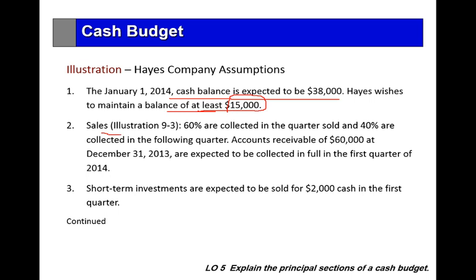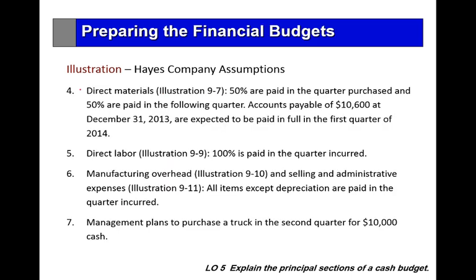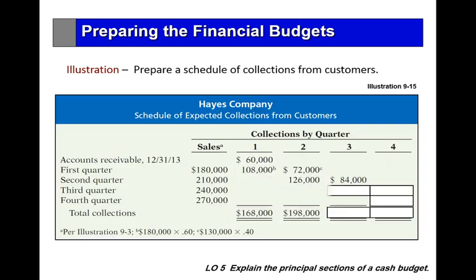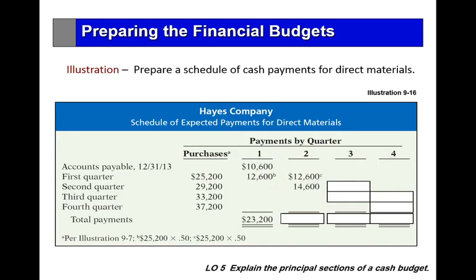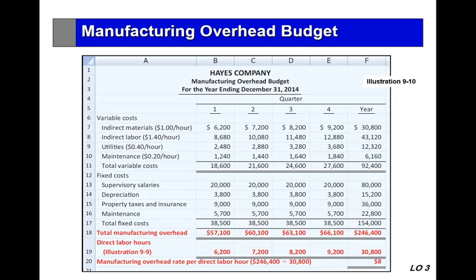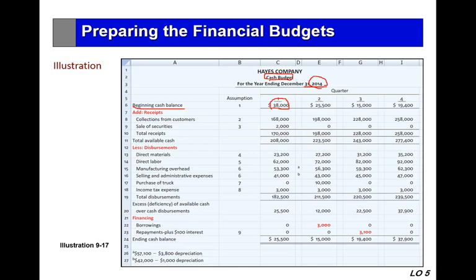We prepared the schedule of collections from customers, and the direct materials or payments to vendors schedule in the previous videos. To continue our example, here we have the schedule of expected collections and expected payments. From here we have the components of the